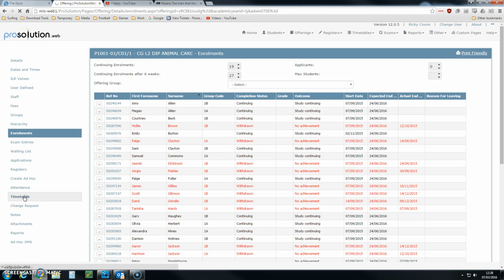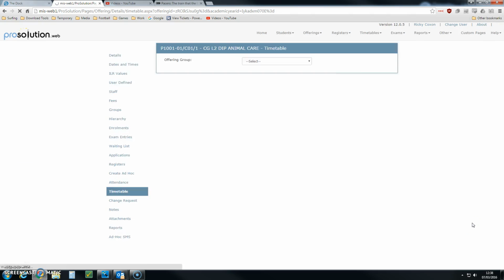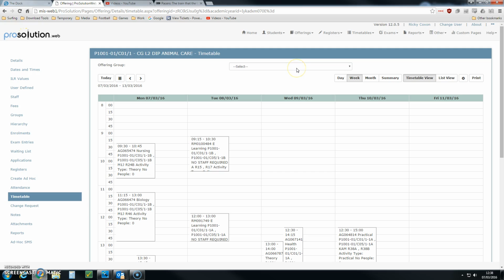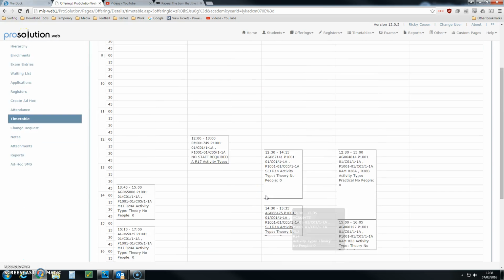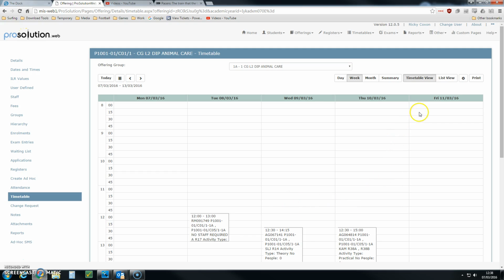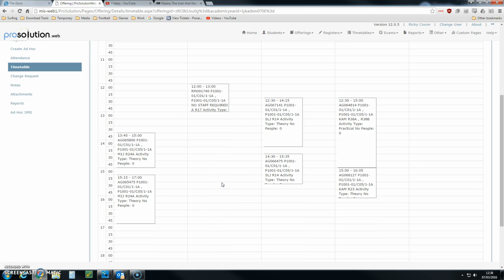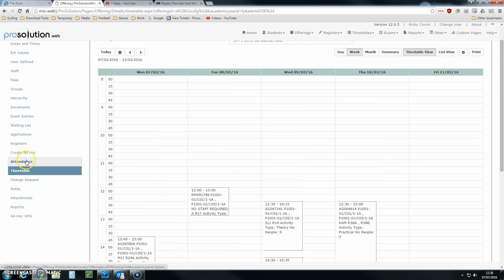So for example, clicking a timetable will give me the timetable for Group A and Group B. If I wish to just see one, I can select just Group A, and the screen will refresh and just Group A's timetable comes through. If I wish to have a print-friendly view of this, I can just click the little print icon up here and it will give me a print-friendly view of this timetable. Same, I can click on attendance,